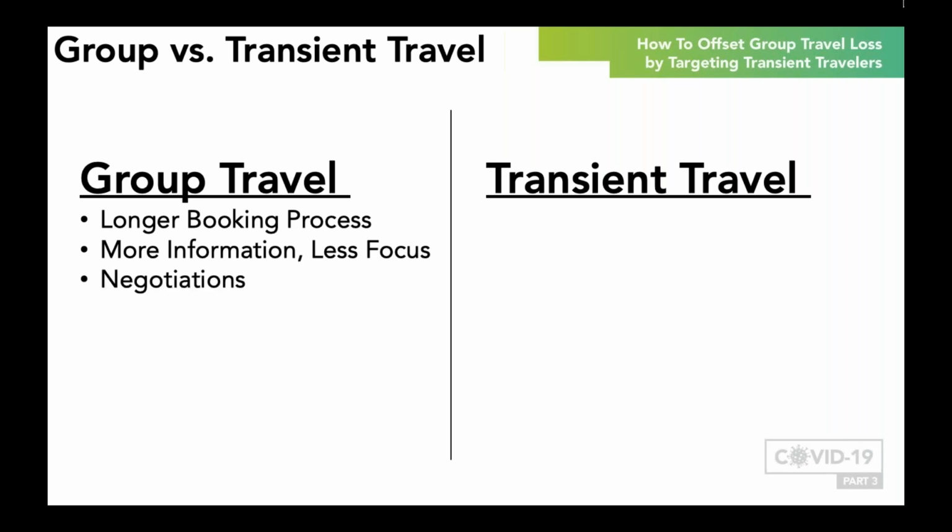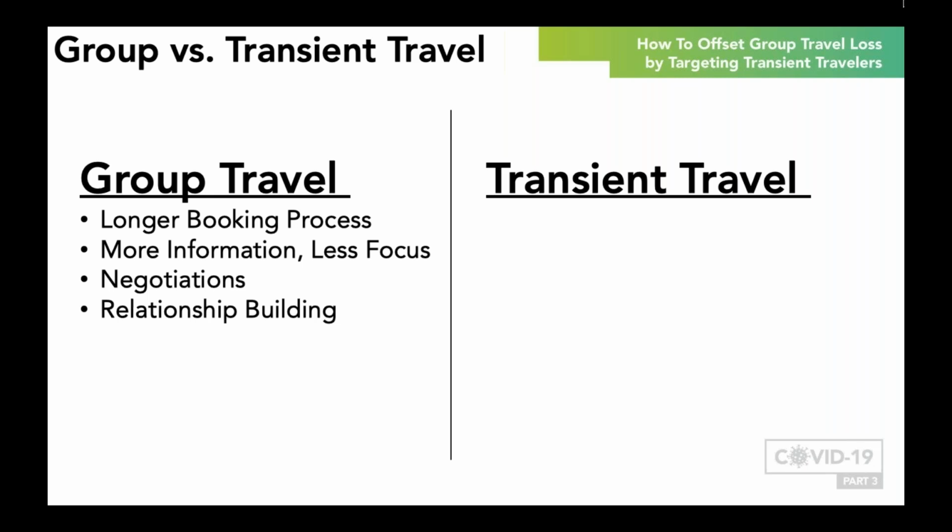Negotiations play a critical role in the group travel booking process. Hoteliers are willing to negotiate discounted group rates to entice group travel to the property. And finally, relationship building plays a key part in successfully bringing in group travel to a hotel. Familiarity with a property and trust in a contact can lead to a much smoother and expedited group travel booking process. But this is the travel that we need replaced as we start on the road to recovery post-COVID.